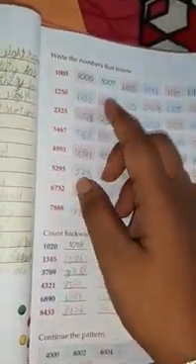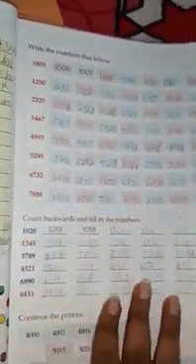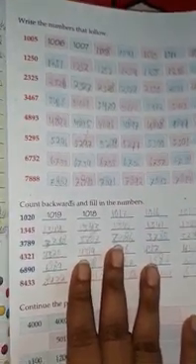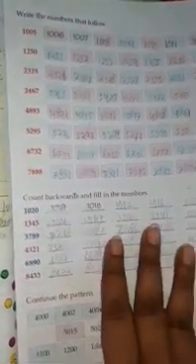The number names you write, exercise 2b. Number names only you will write here. Then the consecutive numbers you will write, meaning the numbers after and after, like 1005, then 1006, 1007 and so on. Here backward counting will be so helpful. If you know backward counting well, you can write it.